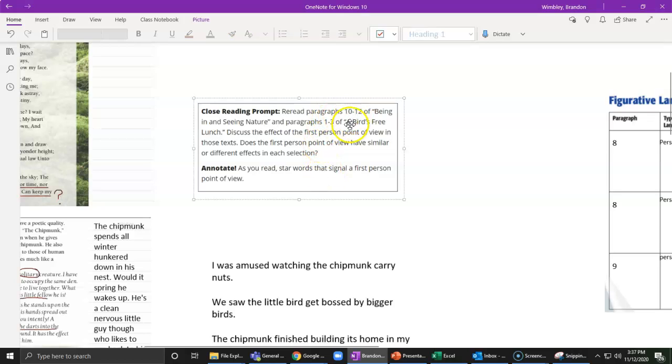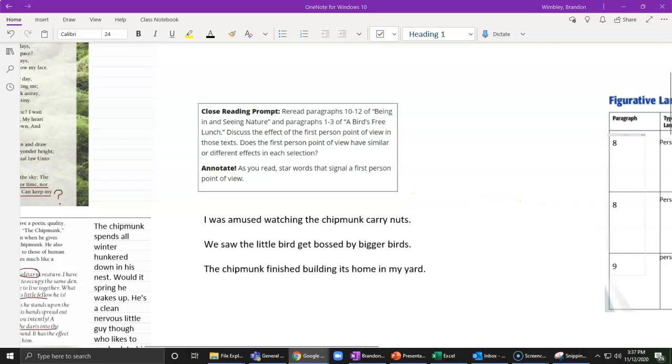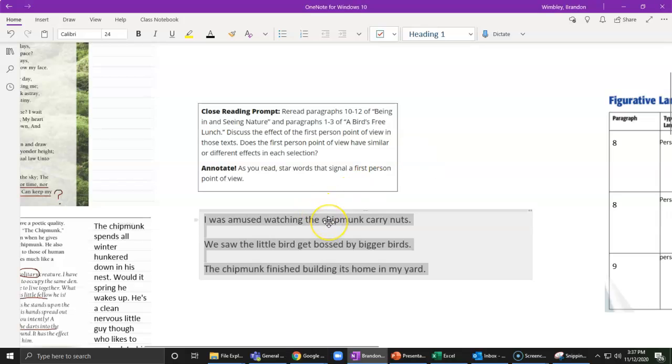So let's look at what this close reading question is that we'll be working on. Reread paragraphs 10 through 12 of Being in and Seeing Nature and paragraphs 1 to 3 of A Bird's Free Lunch. So we have two different texts. Discuss the effect of first-person point of view in those texts. Does the first-person point of view have a similar or different effect in each selection? So let's break this down. And what I'm going to do, because it helps me organize my thoughts, is I'm going to make a chart